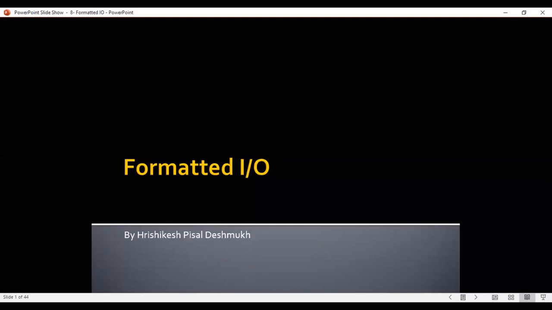So we have very good support for formatting when it comes to C++, and that is what we are going to explore. In what different ways can we format output in C++? I'm talking about output. Input can also be formatted to a certain extent. We'll also explore those things as we go ahead. While we are formatting this IO, there are two very different strategies available, and we'll be exploring those two strategies as well, how in different ways we can go ahead formatting the output.